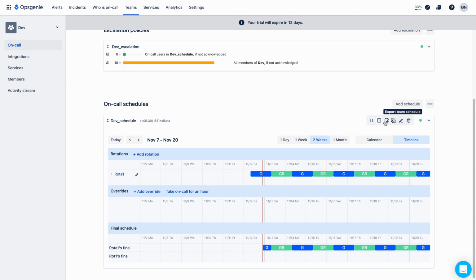So here you can see the calendar. Here you can export the team schedule, and you can clone the schedule also. And if you want, you can delete the schedule. So,